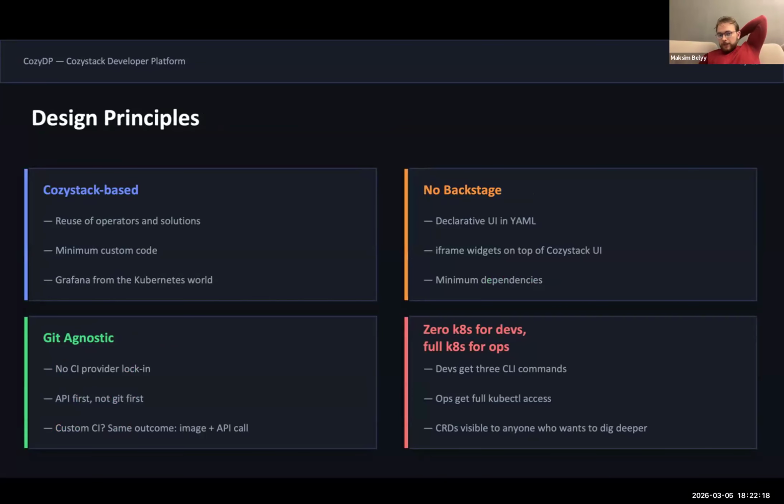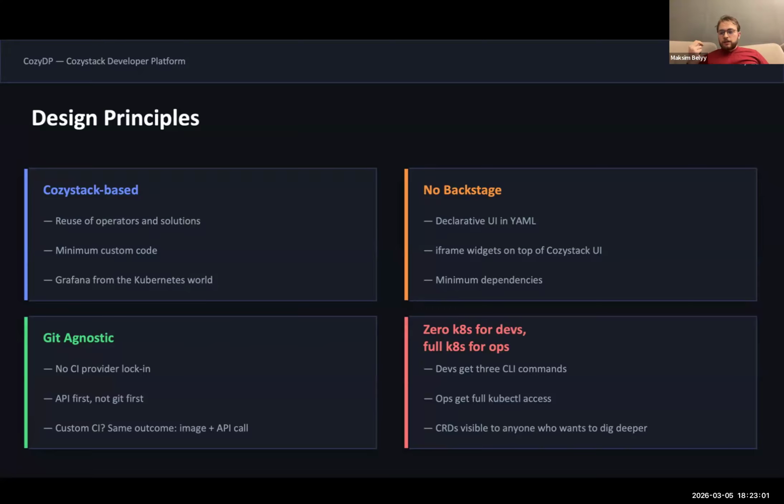What design principles do I have? First, Cozystack based: reuse all operator solutions and minimal custom code. The second is my personal principle: no Backstage. I have some experience with Backstage from my job, and at some point we fully rewrote the UI and API server because Backstage is heavy.